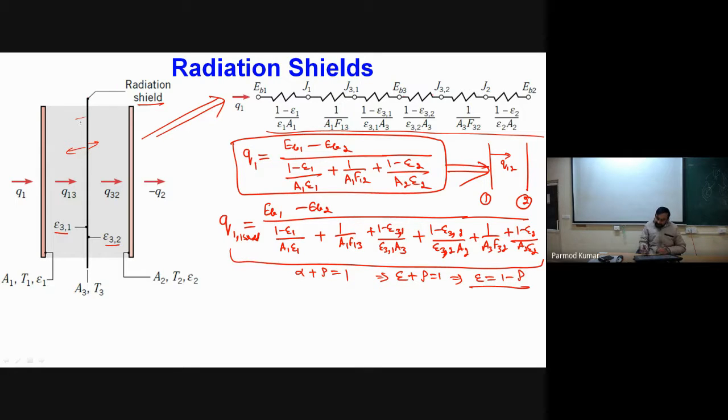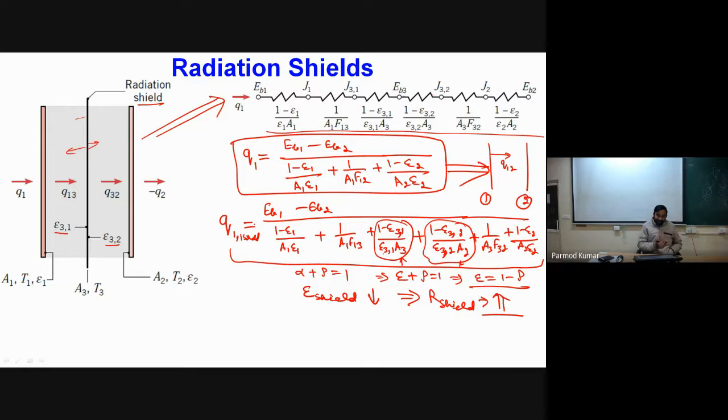Now when we are introducing this radiation shield, this is giving me resistance something like this. Okay. Now the value of this resistance will be more if our epsilon is high or low. If our shield epsilon is low, corresponding to that, we will be finding that resistance of the shield is actually high. So if resistance of the shield is high, that will decrease the overall rate of radiative exchange between the two surfaces, which is actually our motive.